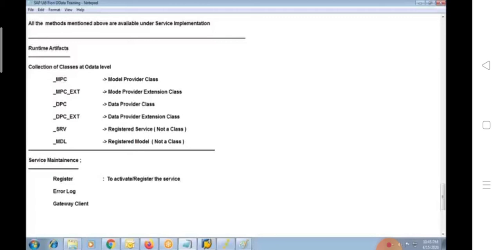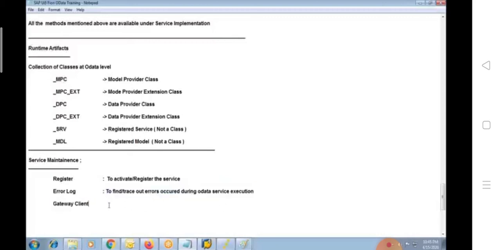Activating is technically like registering the service in OData. And error log is very simple. This is to find or trace out the errors which occurred during execution of your OData service.